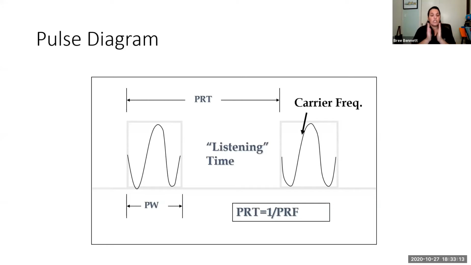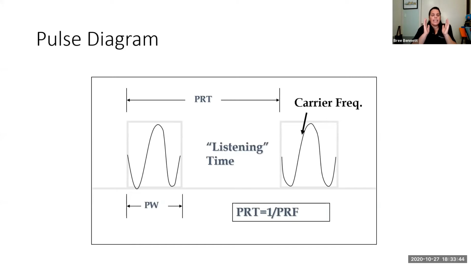So if I have a short listening time, meaning a short pulse repetition period, I think that's what it's called, or frequency, then I'm limiting the time, and this travels at the speed of light. So I'm limiting the time that the pulse can go out, reflect off something, and come back. So I'm shortening my maximum distance with the shorter